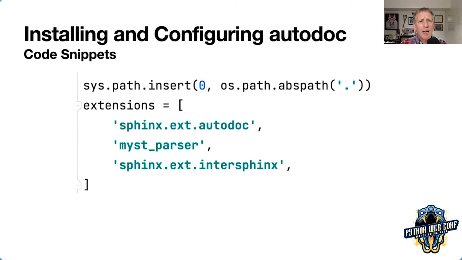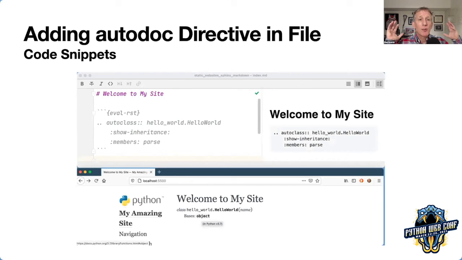How would I do that? In the middle of some place where I've got the narrative, and I want to say, now, here's the API docs, I'm going to do a directive. However, this one's a little bit of a dance because MyST hasn't really made this enhanced Markdown syntax for Autodoc. So what they do is give you a kind of escape portal to evaluate reStructuredText in the middle of a code fence. And so I'm going to do the autoclass directive. I'm going to point it at a class, and I'm going to pass it some options.